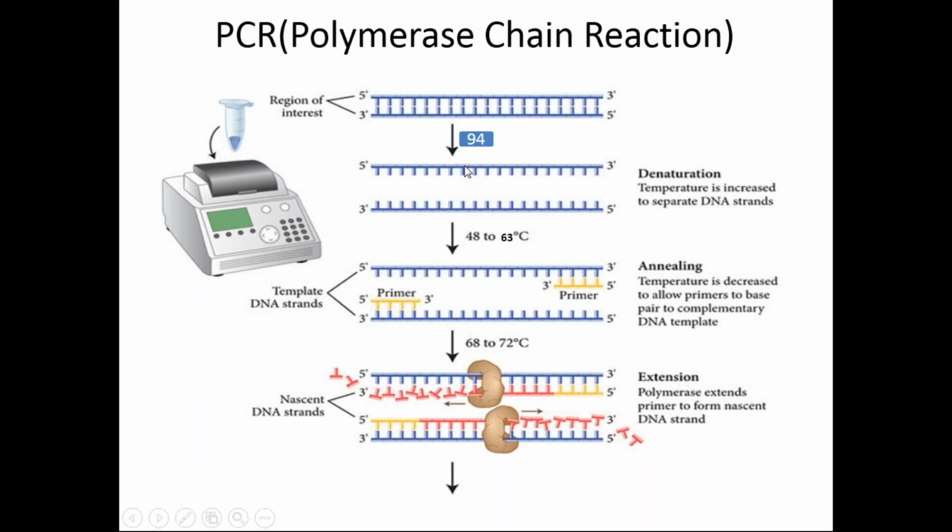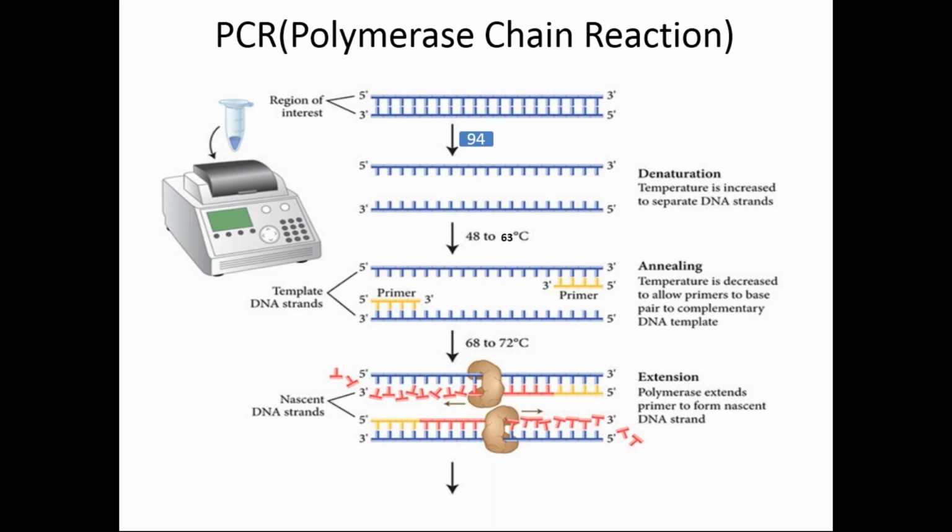In the denaturation step, the two strands separate, and at the annealing temperature, the primer binds. Then the DNA polymerase binds at 72 degrees Celsius and starts to add nucleotides one by one, which are complementary to the template DNA strand. In this way, the new DNA strand is synthesized, and after completion of one cycle, we get two molecules from one DNA molecule. In this way, we can generate n number of copies of our target.